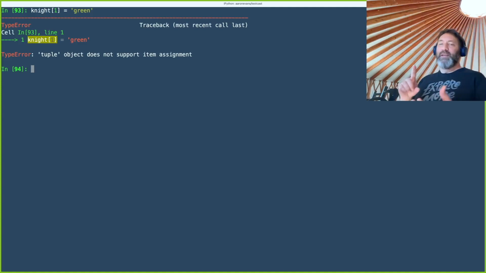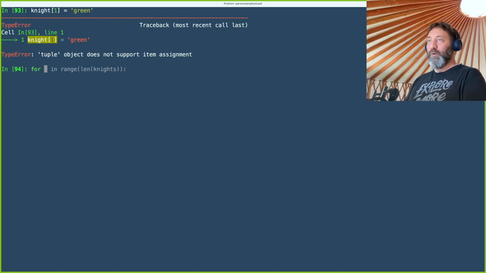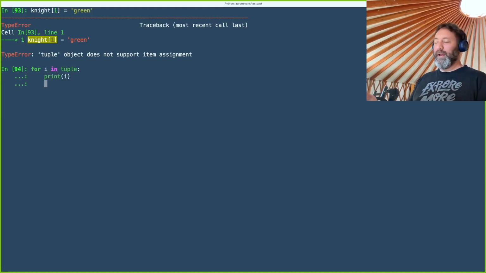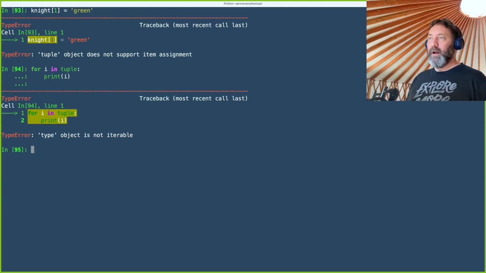So a tuple is like a list in that it's an ordered sequence of items, and I can even do for I in knight, and I can print I, and this should print Galahad and red, I believe. Oh nope, type object is